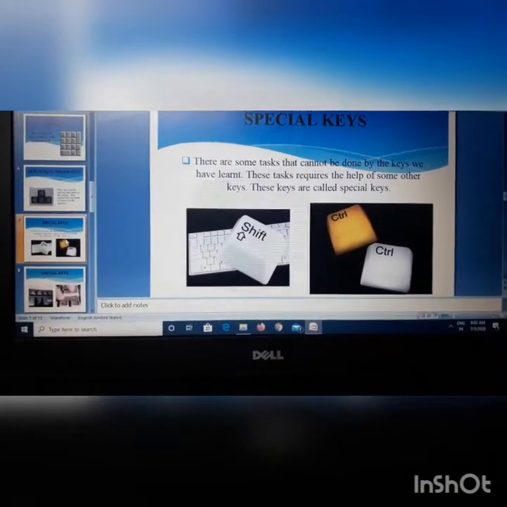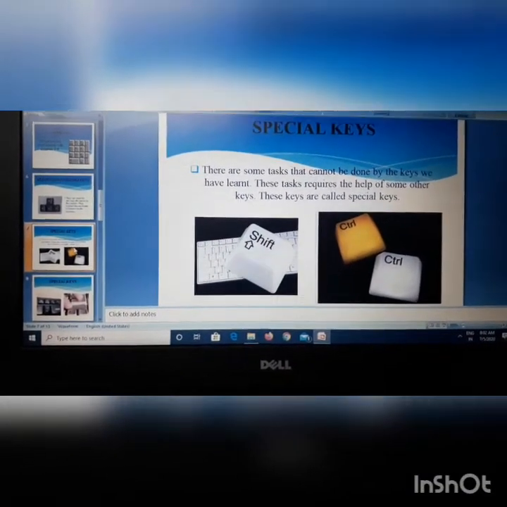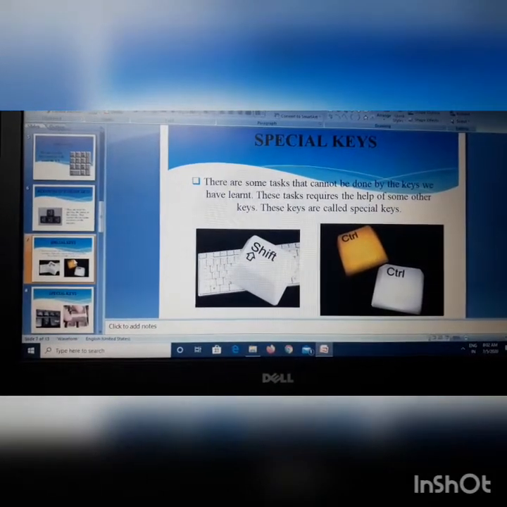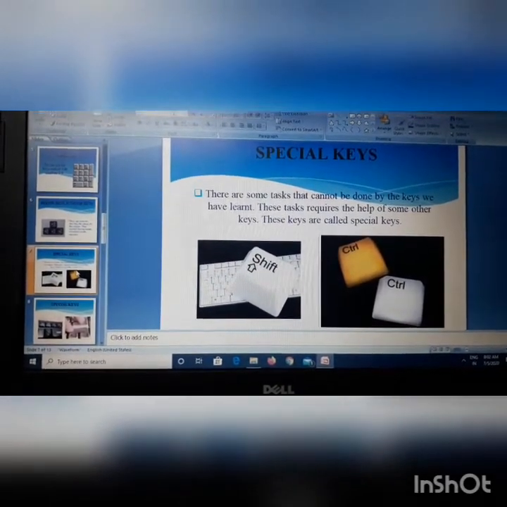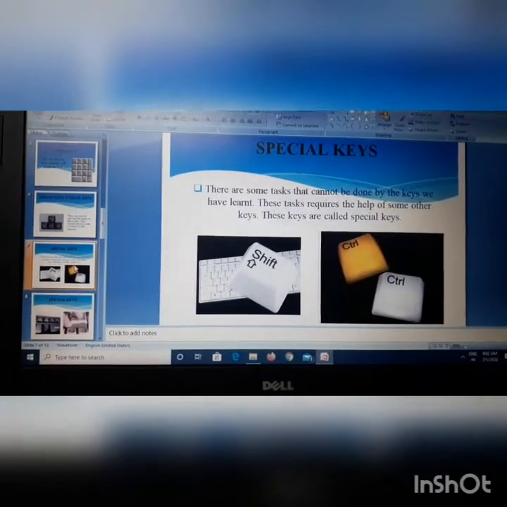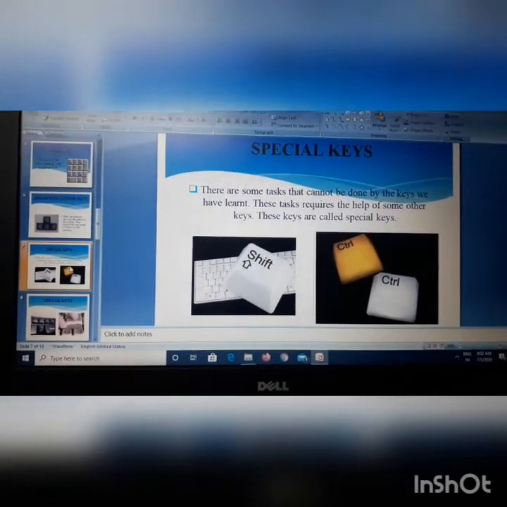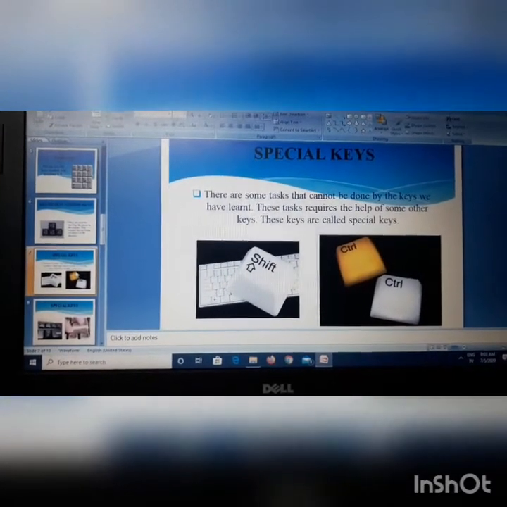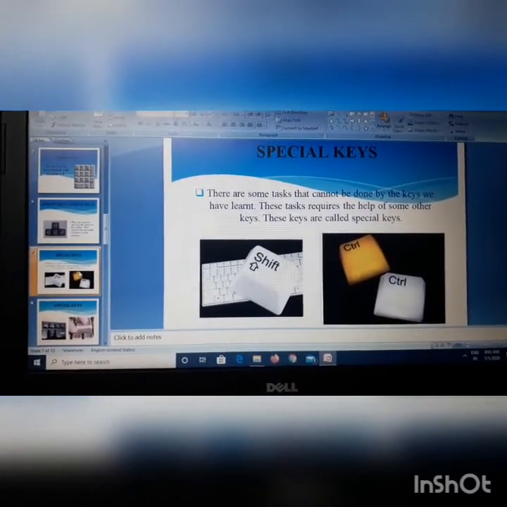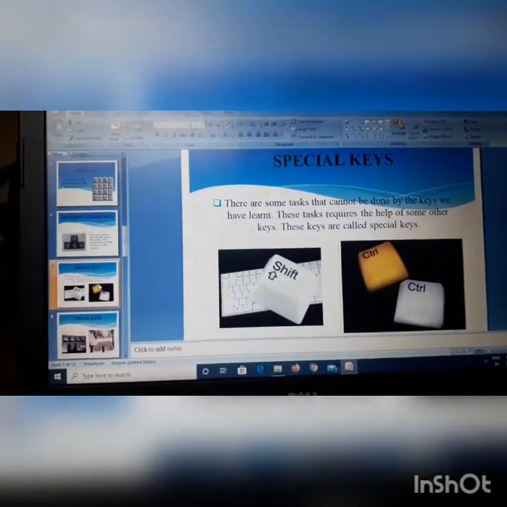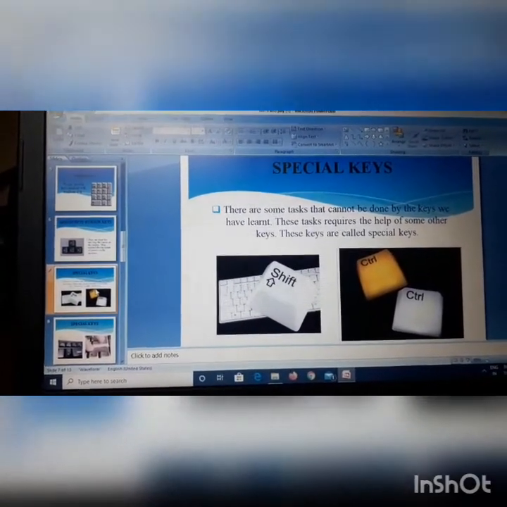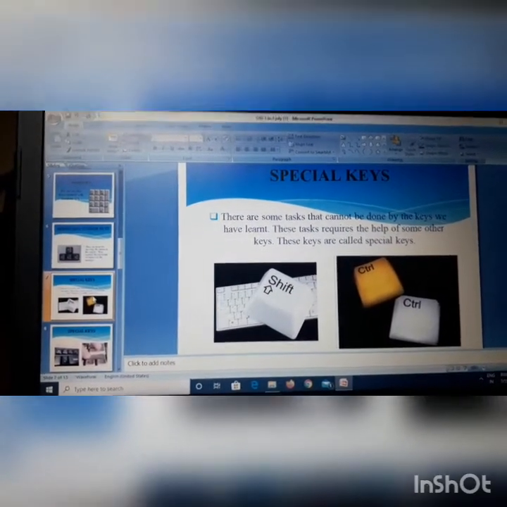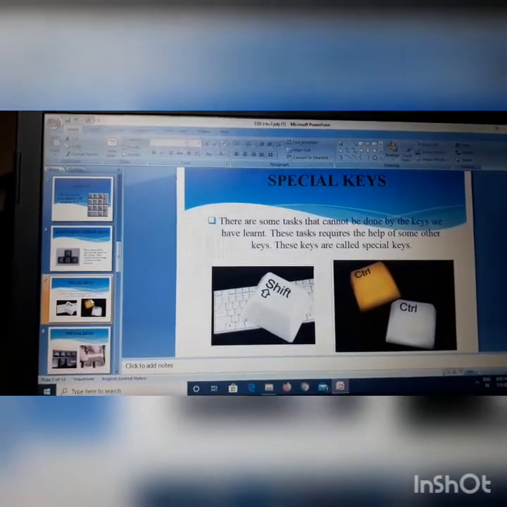Now let us see about special keys. There are some tasks that cannot be done by the keys we have learnt already. These tasks require the help of some other keys. These keys are called special keys. Some of these keys work in combination with other keys.